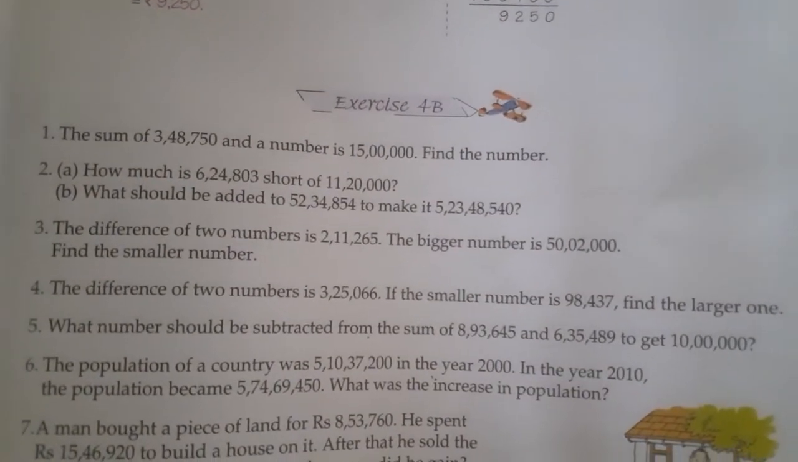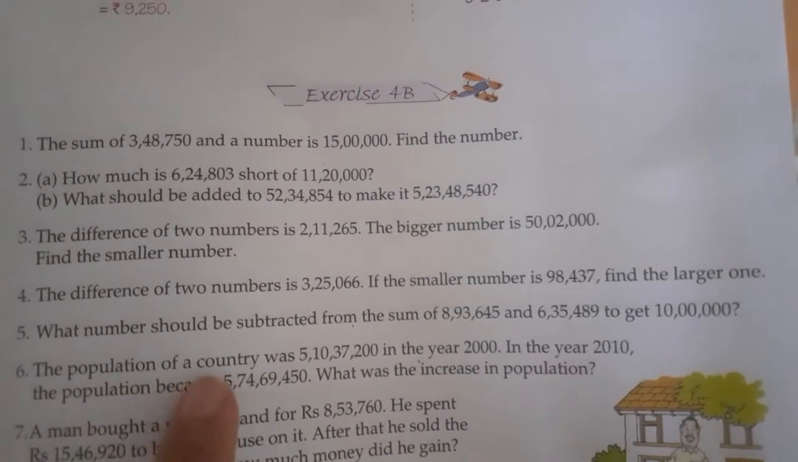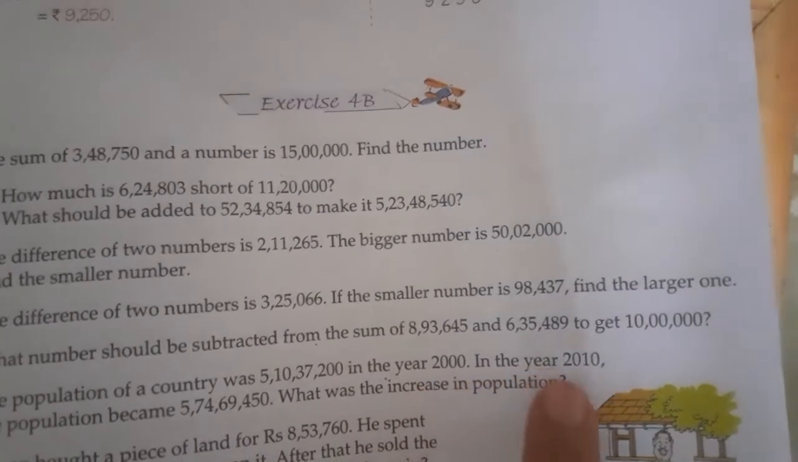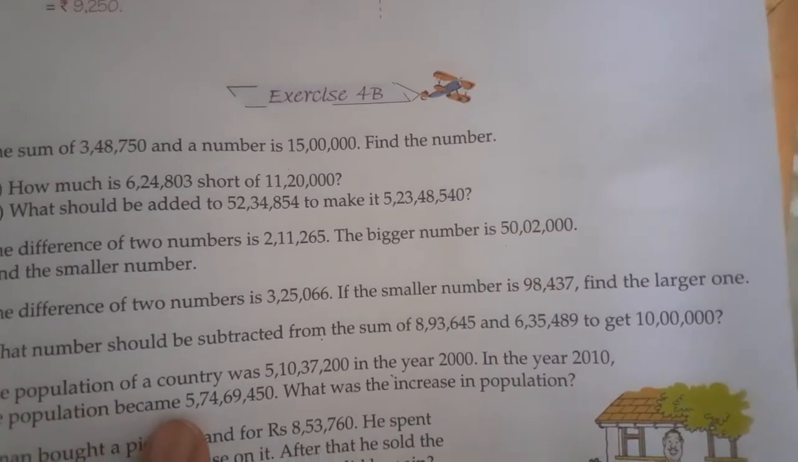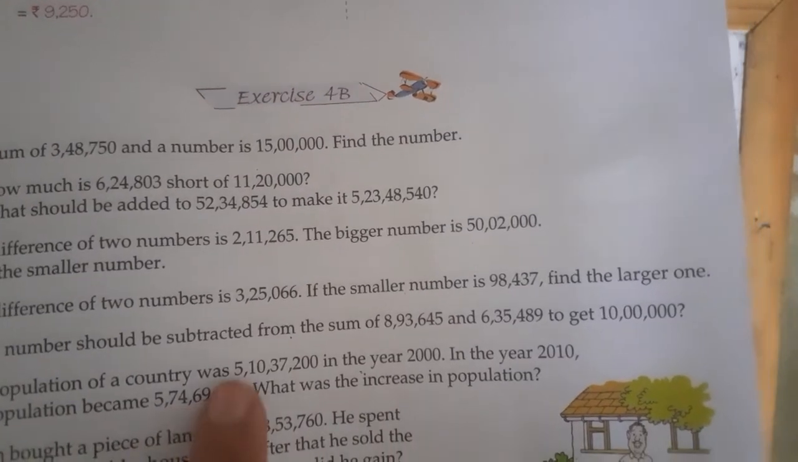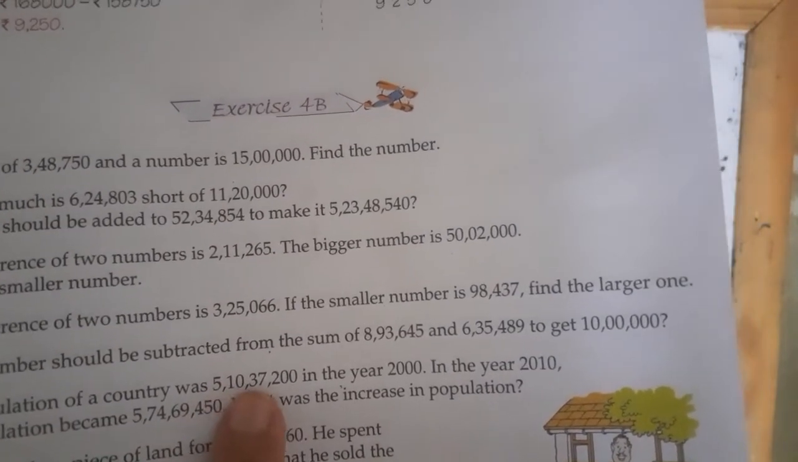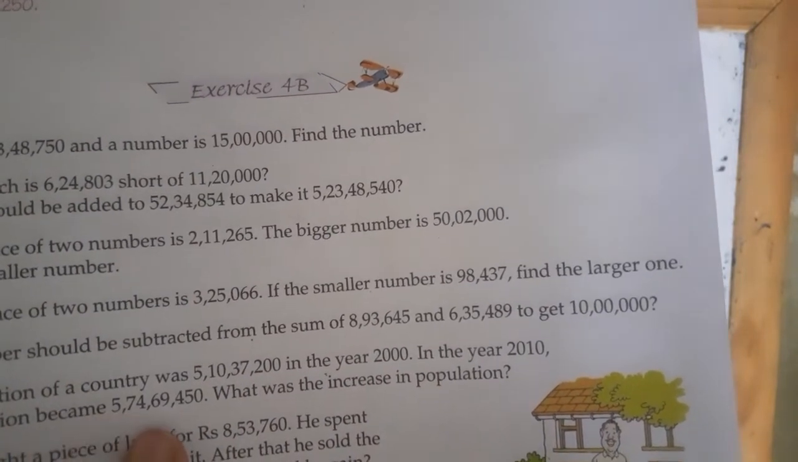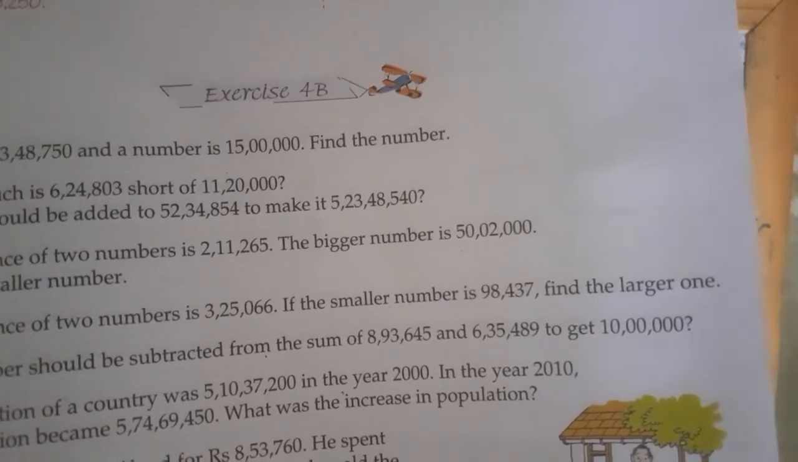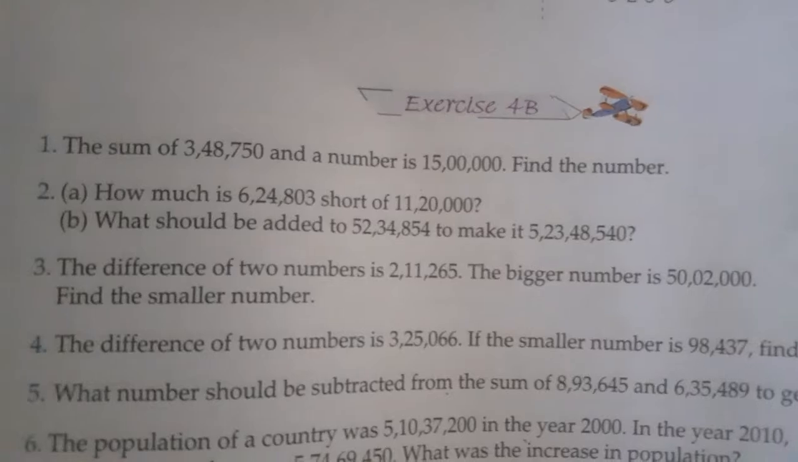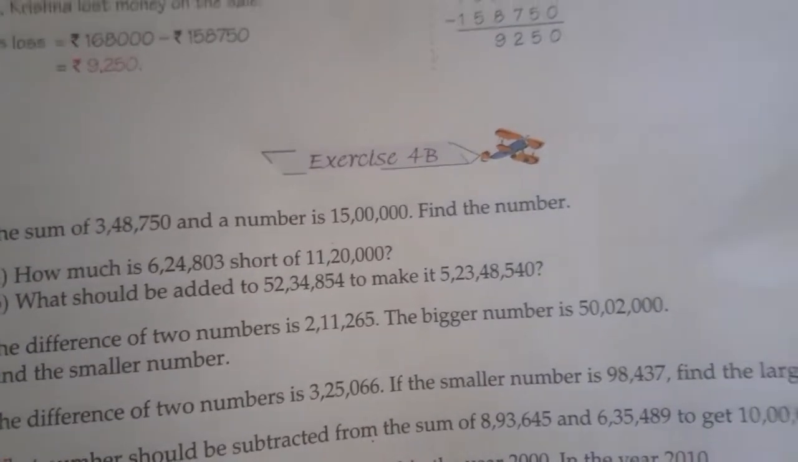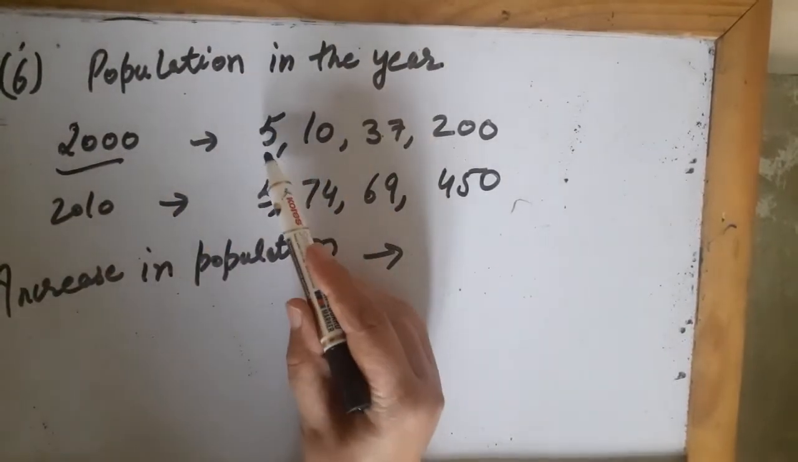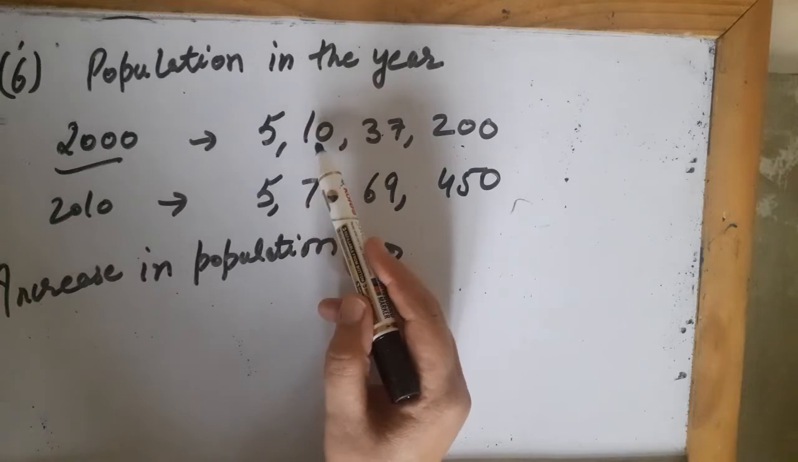So in the sixth question, they are saying the population of a country was around 5 crores in the year 2000. And in the year 2010, the population became 5 crore and 74 lakhs. It was 5 crore 10 lakhs in 2000, and in the year 2010 it was 5 crore 74 lakhs. What was the increase in population? They are asking you, the population in 2000, it was this figure. It was 5 crores 10 lakhs